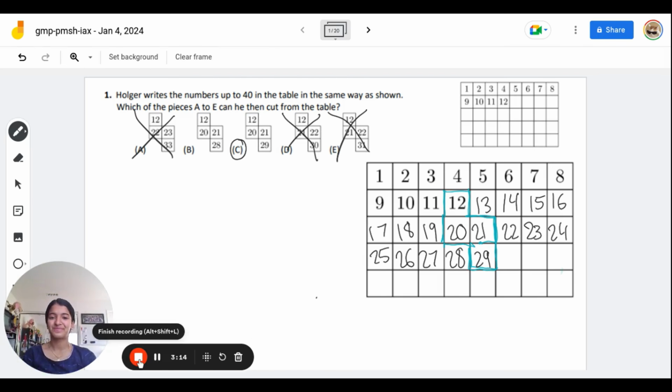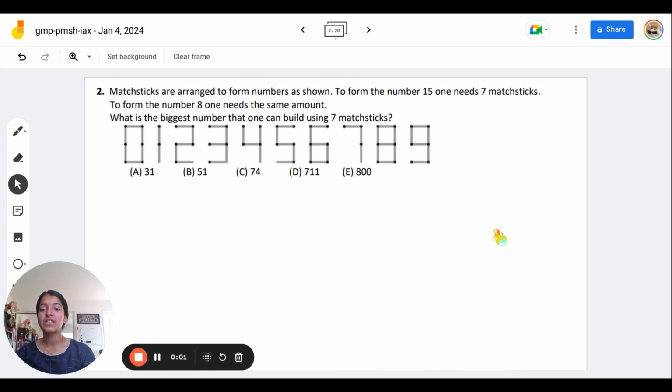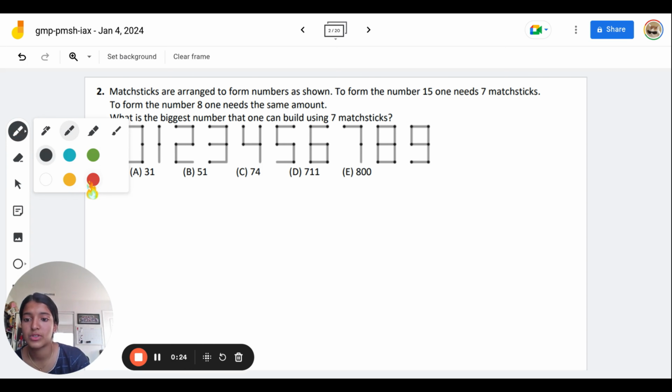Thank you. Question number 2. Matchsticks are arranged to form numbers as shown. To form the number 15, one needs 7 matchsticks. To form the number 8, one needs the same amount. What is the biggest number that one can build using 7 matchsticks? So I got a really cute flame cursor for this problem. And we see that we have all the numbers, let's choose red,